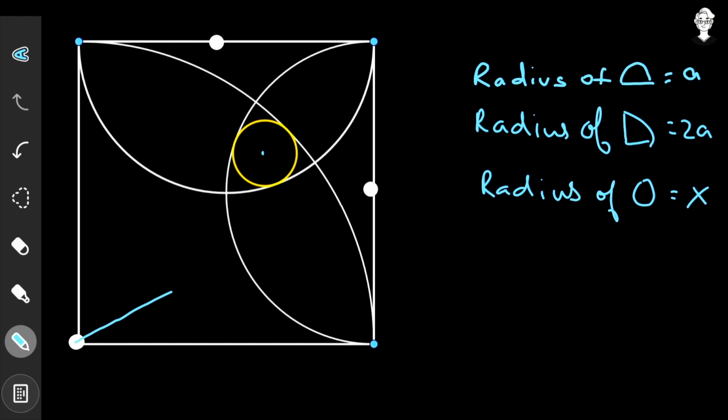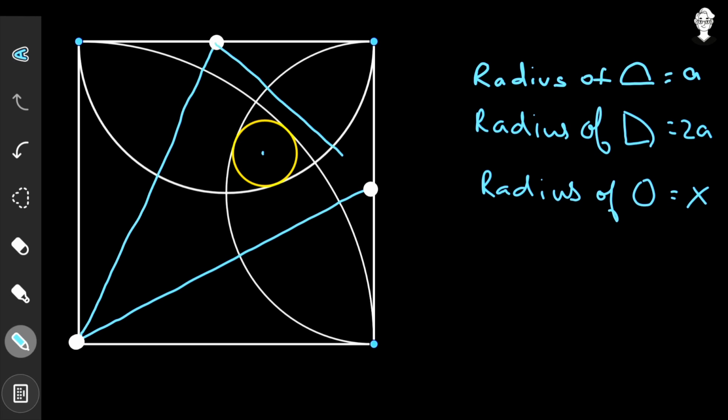So here we draw a first line segment. This is the second line segment. This is the third line segment, and the three line segments go this way. One from this point to this point, the second one from here to here, and the third one from this point to this particular point. So here we have marked some of the important line segments. Now let us find their lengths.